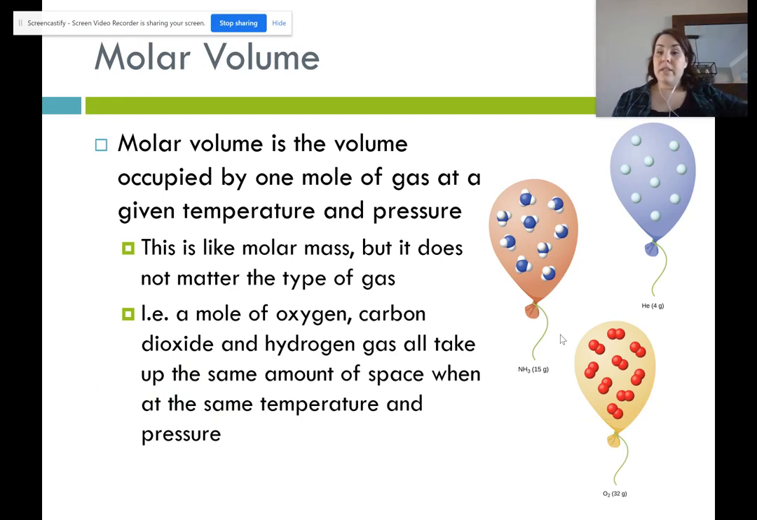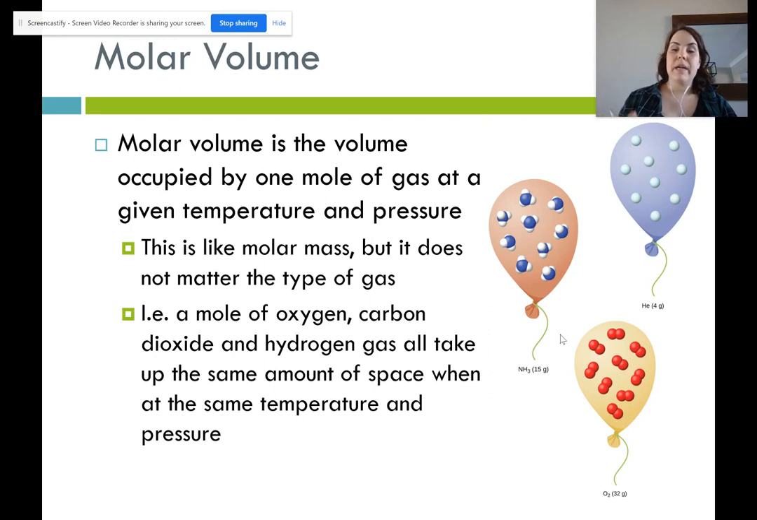So how we do this is through something called a molar volume. Now, a molar volume is the volume occupied by 1 mole of gas at a given temperature and pressure. It's kind of like molar masses, but for a gas and for any gas at a specific pressure and temperature. For example, a mole of oxygen, a mole of carbon dioxide, and a mole of hydrogen gas will all